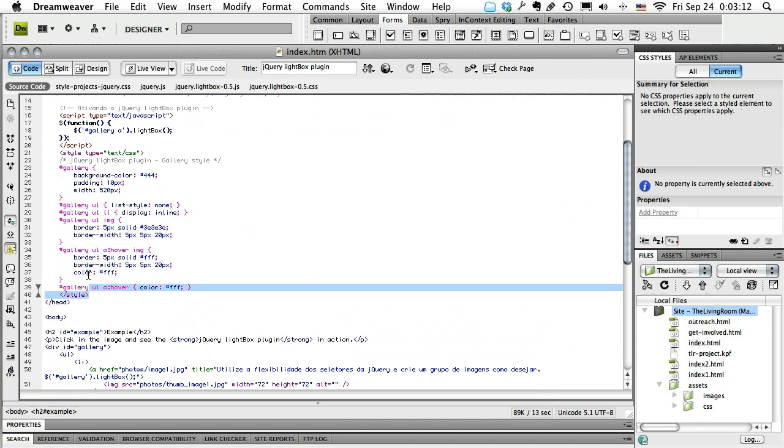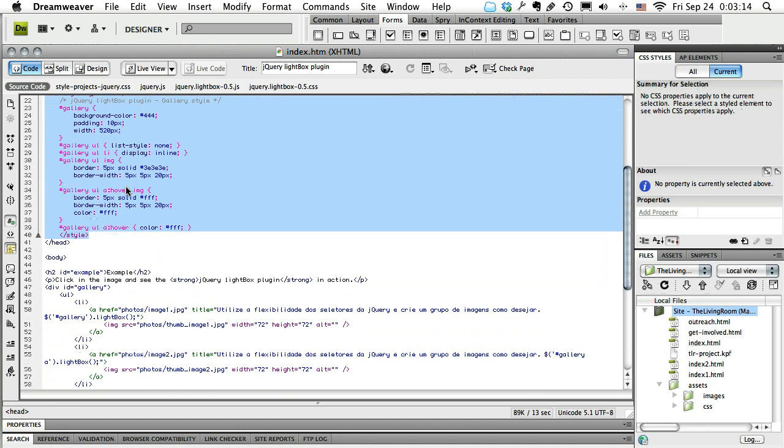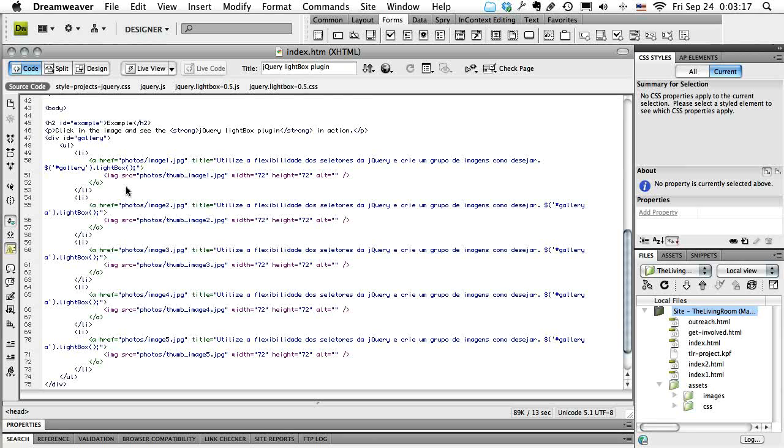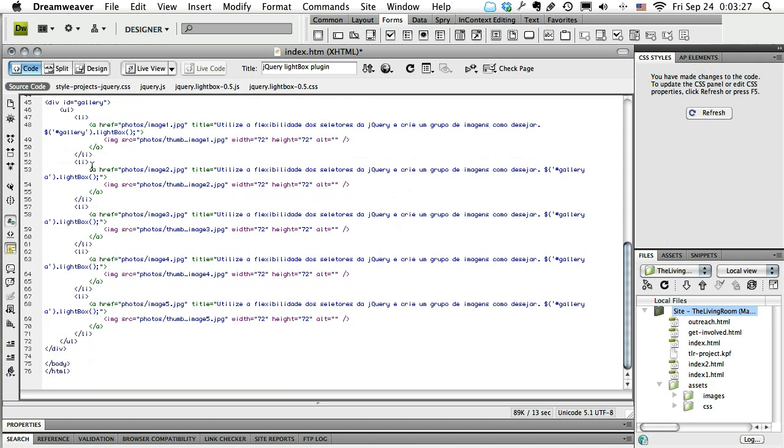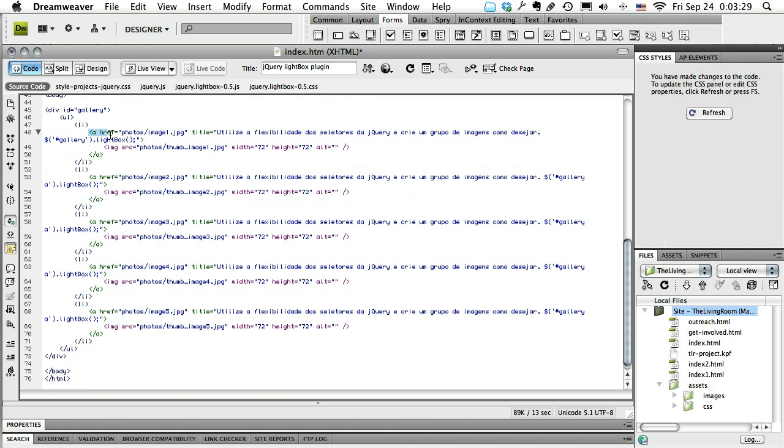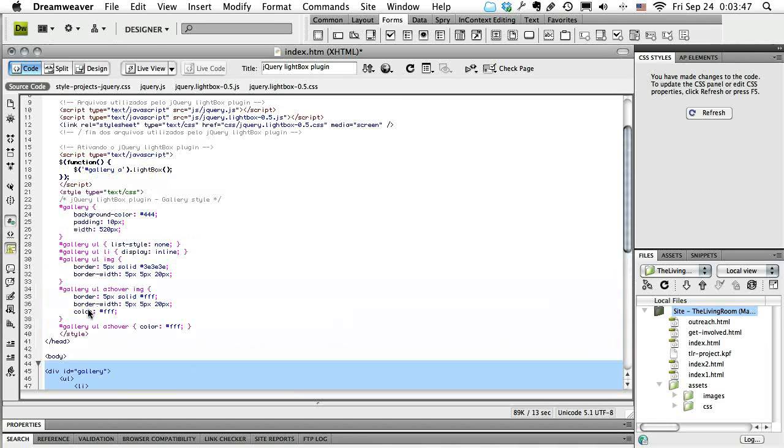They've got some styles here which are just styling that grid of photos. And so really, they have some extra code. I'm going to go ahead and delete it. Essentially, all you need is an A tag, with the href being the larger photo you want to access, and inside of that, the image. So, in fact, I'm just going to delete all of this. Well, but before I do,